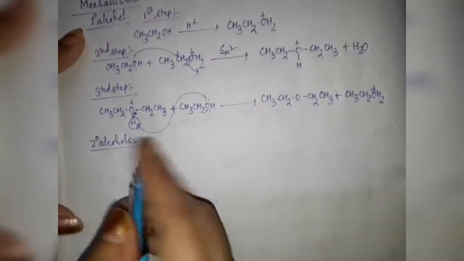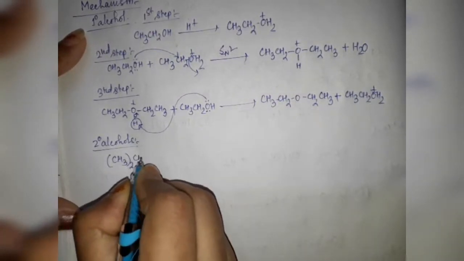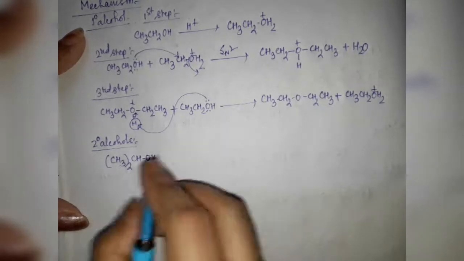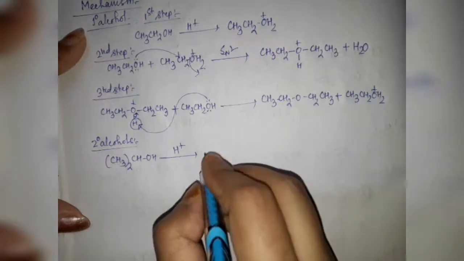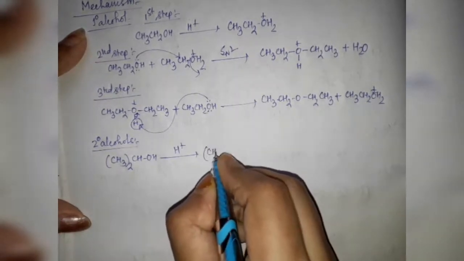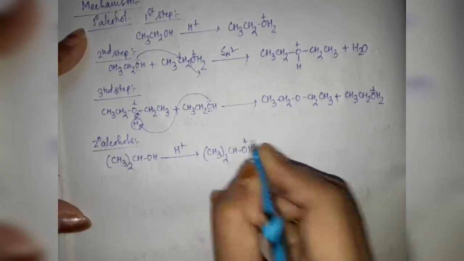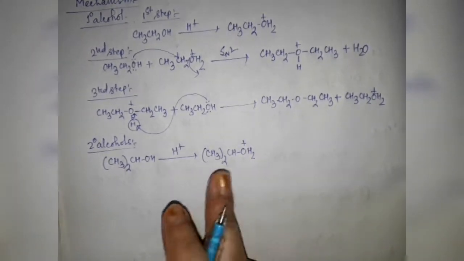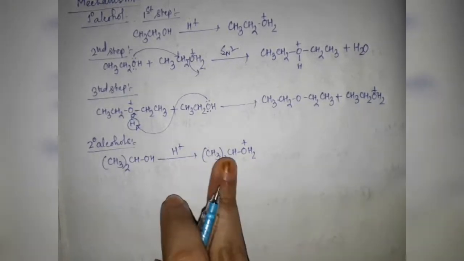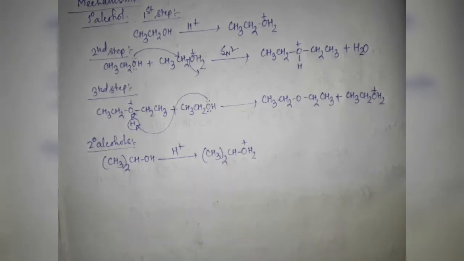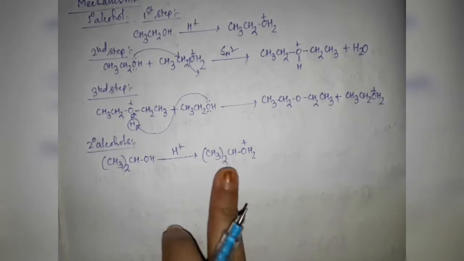Now let's talk about this kind of reaction with 2 degree alcohols. So now I will take isopropyl alcohol. This is 2 degree. So the first step is the same, that means protonation, (CH3)2CHOH2 plus. You can see that SN2 reaction is not possible in this case because that central carbon atom has 2 bulky methyl groups, so backside attack is not possible.